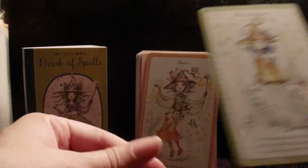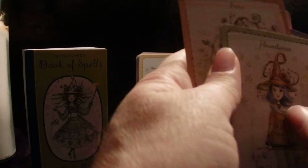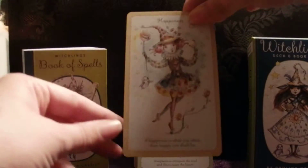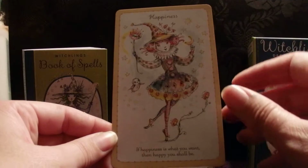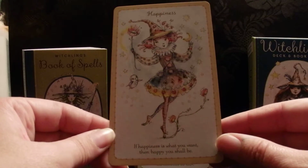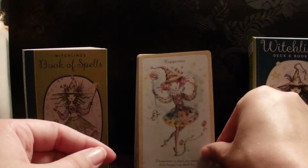I'll flip through and I'll show you another one. I'll just go to the middle of the deck and show you a card from the middle of the deck. This one is called Happiness. It's got a little witchling pictured. It says happiness at the top, and on the bottom it says, if happiness is what you want, then happy you shall be. So there's quite a few cards in this deck,